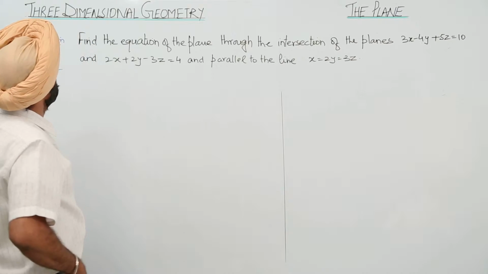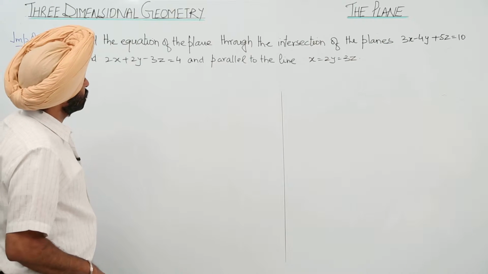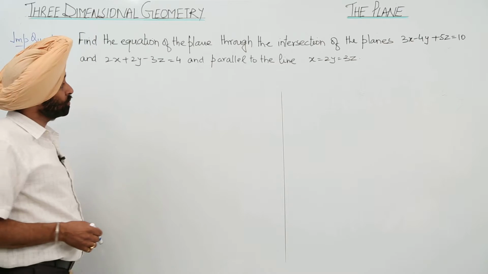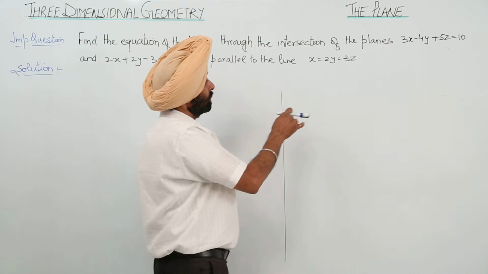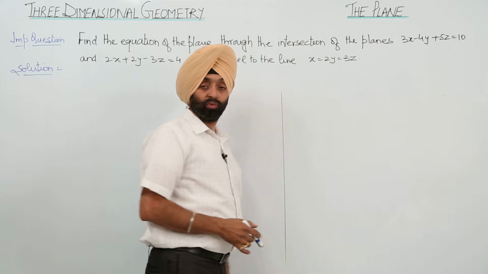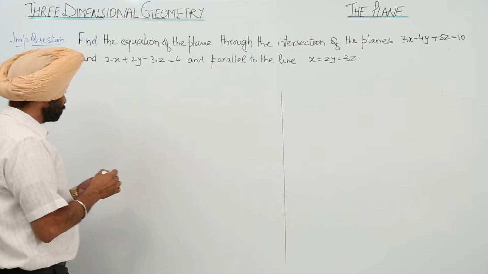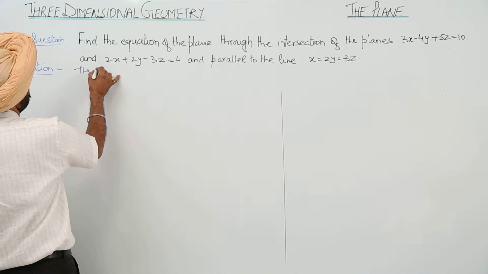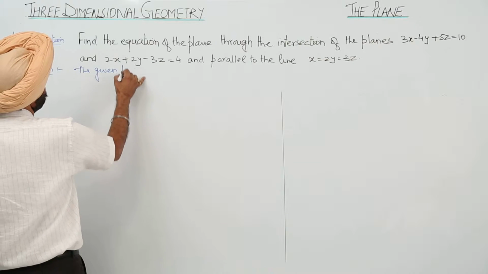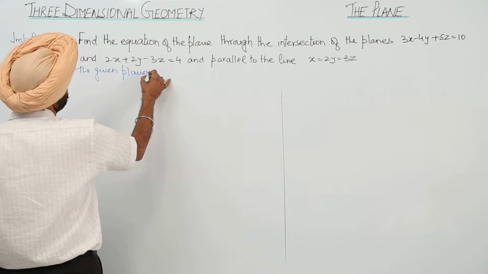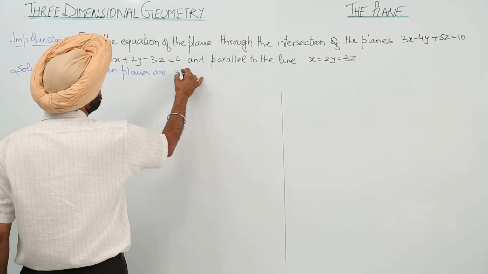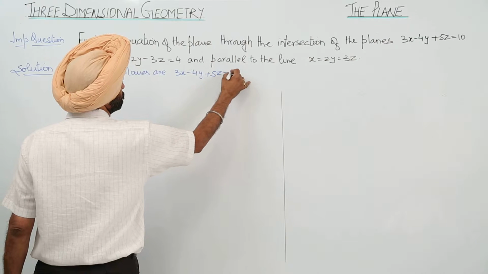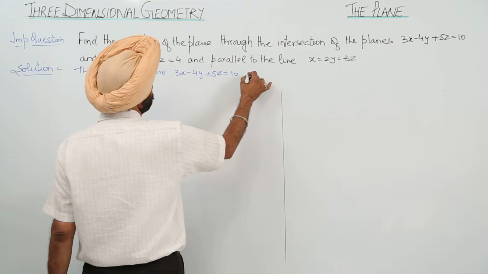A very important question. The question is: find the equation of the plane through the intersection of the planes, equations of planes are given to us, and parallel to the line. The line is x equals 2y equals 3z. Now, the given planes are 3x minus 4y plus 5z is equal to 10